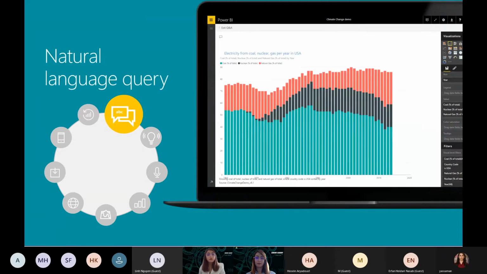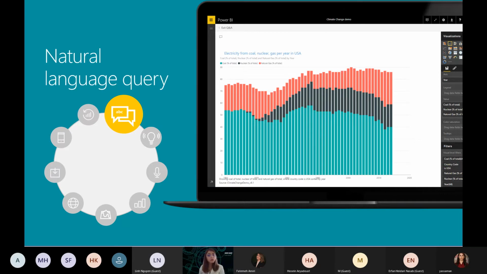Yeah, we have natural language query. I already mentioned that. Aside from asking really linguistically about the things you want to see, you can also type in your report exactly the way you are typing or asking a question in Google.